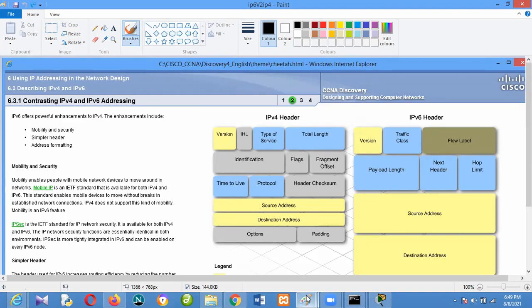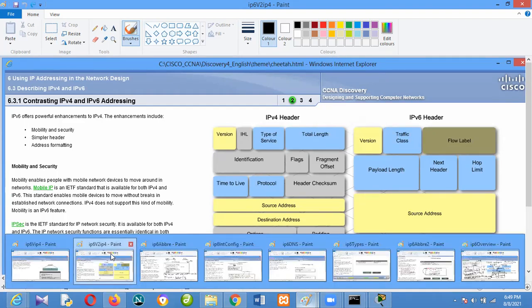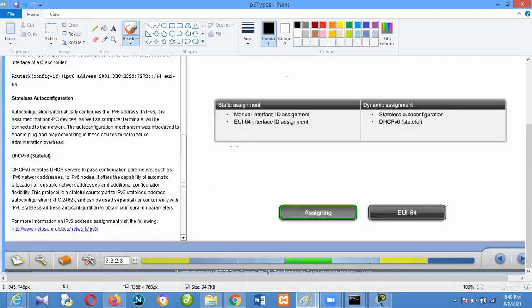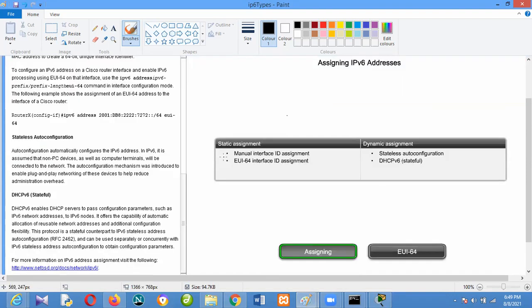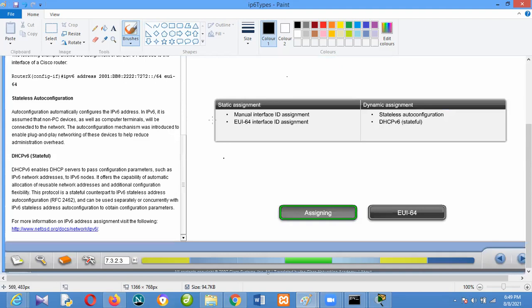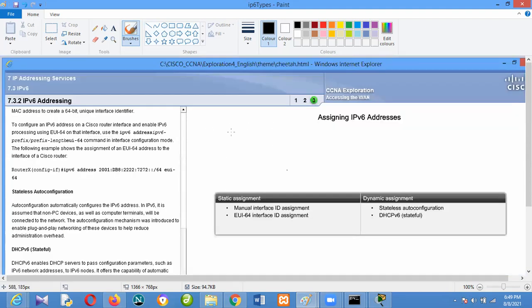So we have two types of IP address. We always have two types of IP address, and it's always static and dynamic. We have static IP assignment.